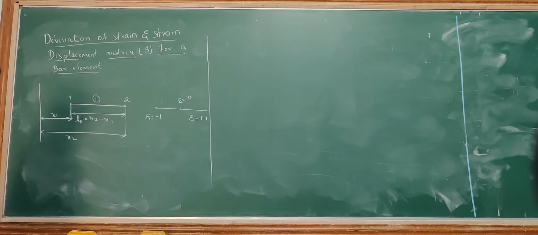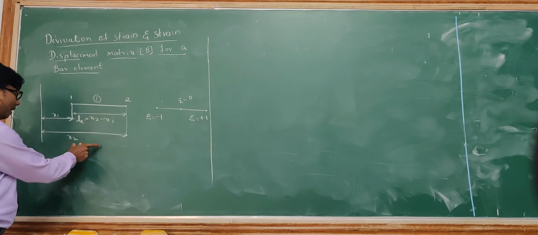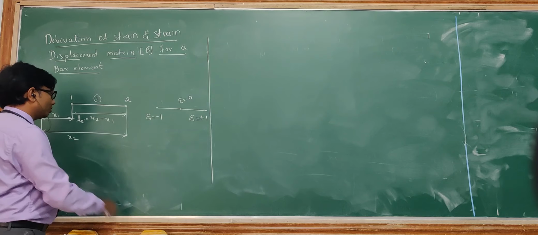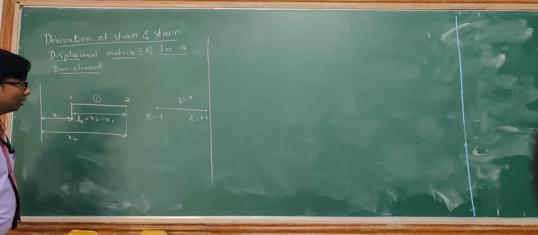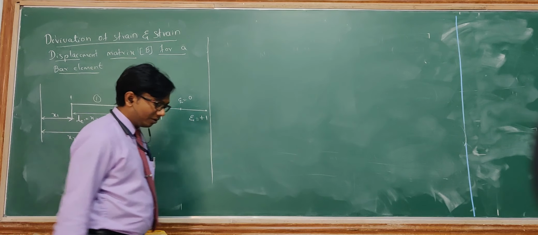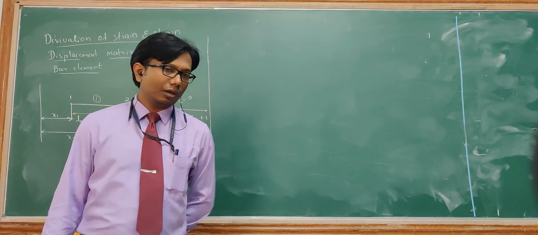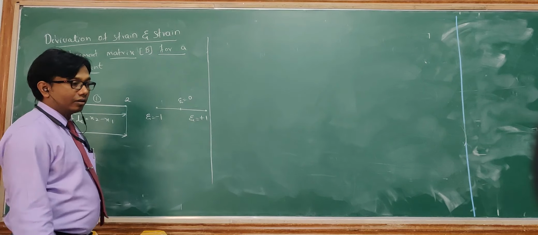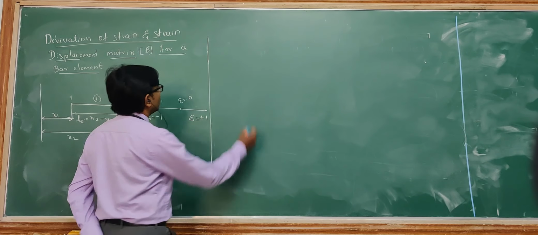So in the previous video we have seen how to derive the shape function in terms of the natural coordinate system as well as the global coordinate system. So today we will be deriving the strain matrix. Okay, so why are we deriving the strain matrix? With respect to the strain matrix, I can find out the stresses induced in the element, and I can also calculate the stiffness of the body. Okay, so we will start with the strain.